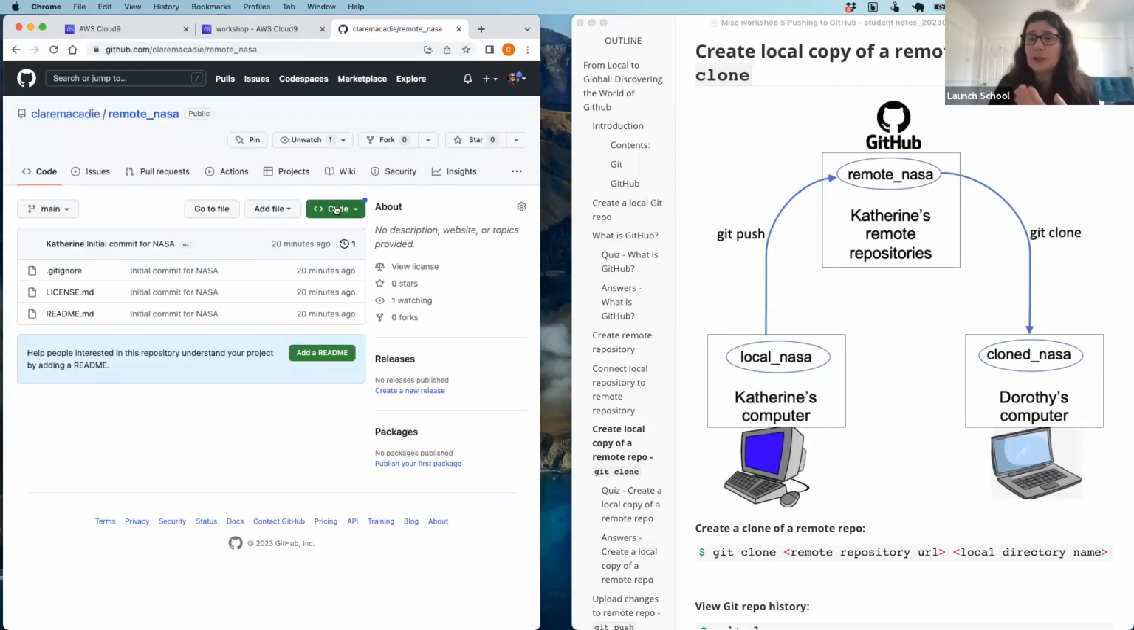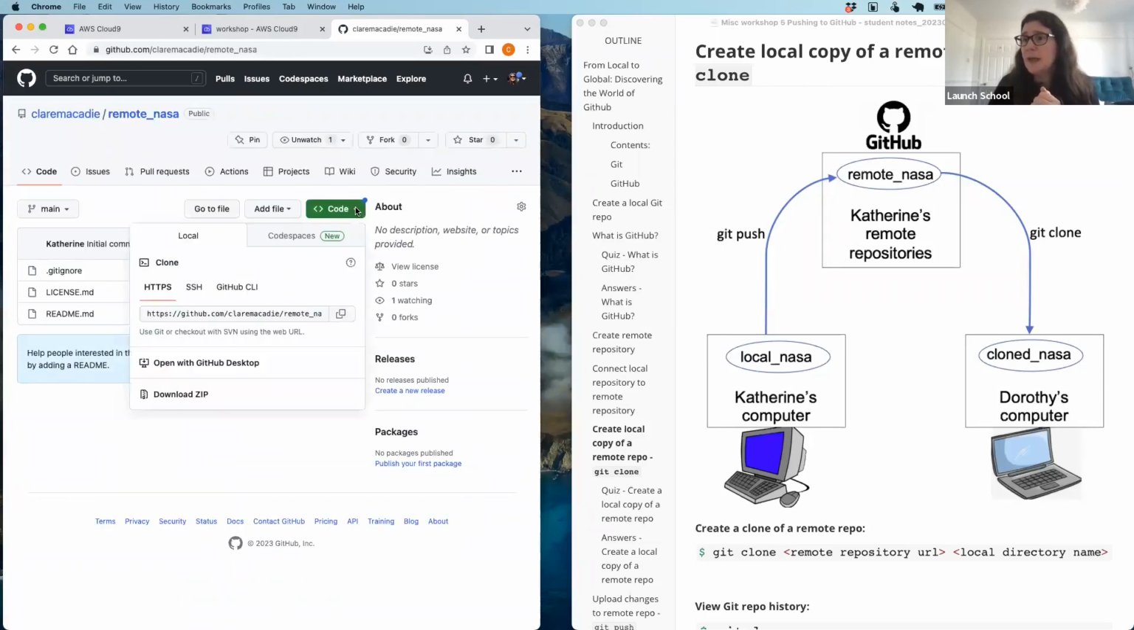And then there's this button, Code. If I click on there, there's a few different options. There's HTTP, so I'm looking for clone, and then there's HTTPS, SSH, or GitHub command line. We're just going to use the HTTPS, so we just want the URL here. So if I just copy that,